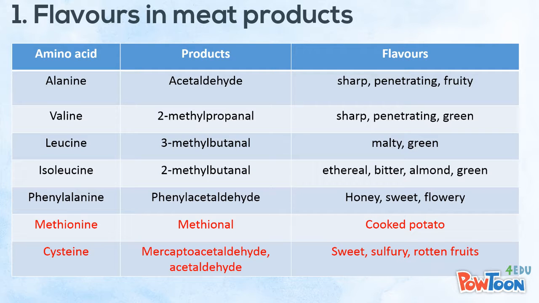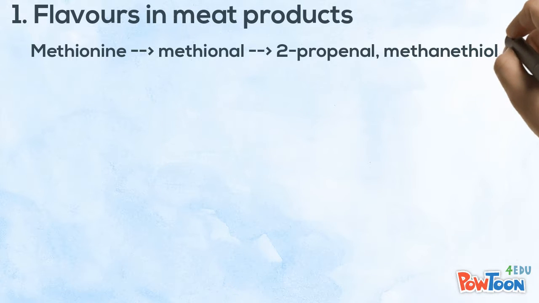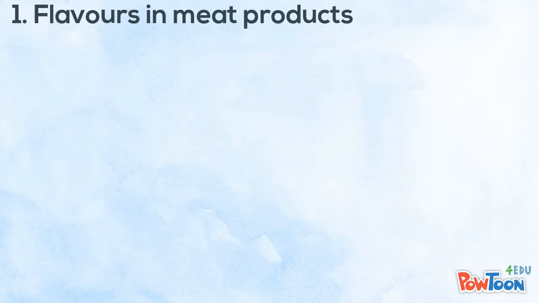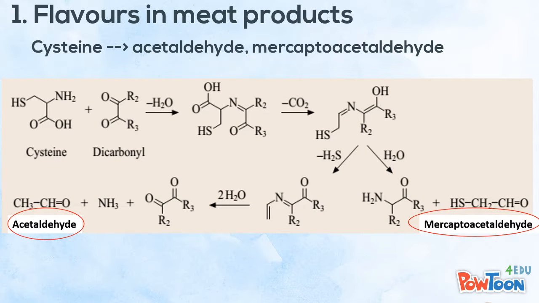Methionine and cysteine are the two most important amino acids in the formation of meat aroma. Methionine produces methional, with the aroma of baked potato. 2-propanone and methanethiol are formed from methionine, which are non-reactive intermediates participating in further reactions to form various final aromatic products. Cysteine produces a number of highly reactive intermediates with flavor-generating potential, such as ammonia, hydrogen sulfide, acetaldehyde, and